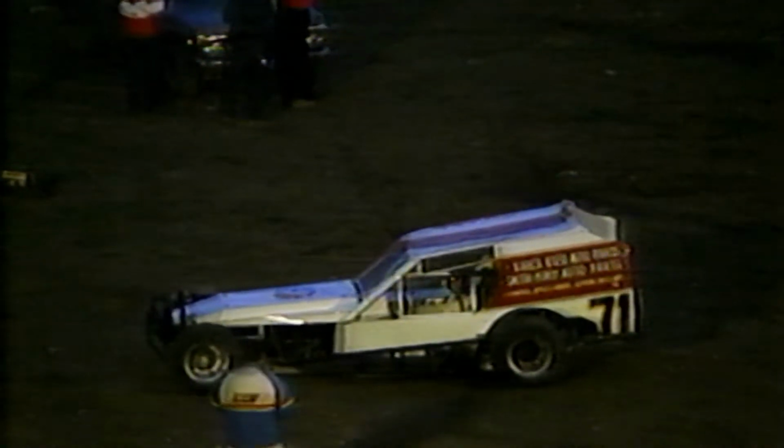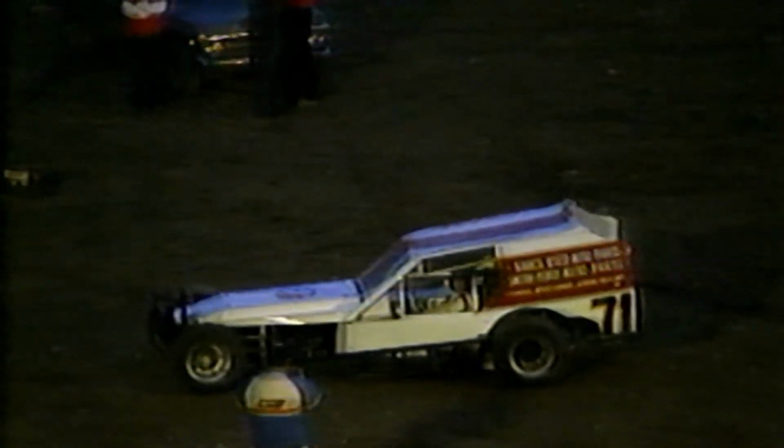Okay, the first heat of small blocks in the record books now. Wait till you see what's coming out here in this next event. Paulie Bauscher, the flying farmer from Kutztown. Now, what a radically designed automobile you're going to see with that number 91. But here's how they're going to line up for the second heat. Starting on the pole position from Lehighton will be car number